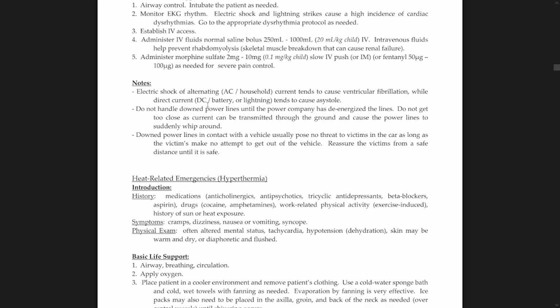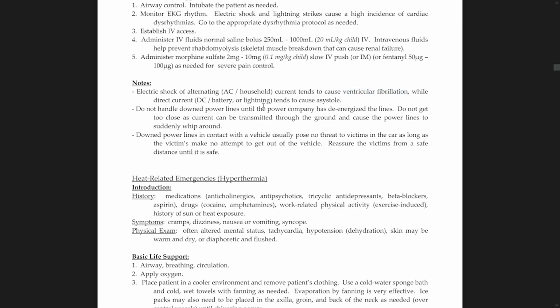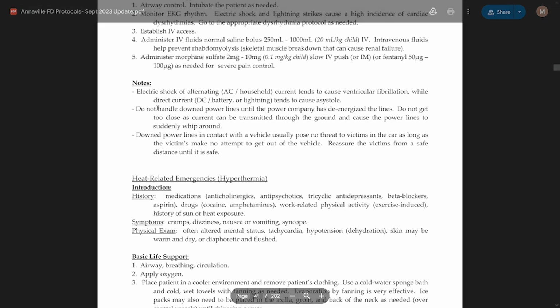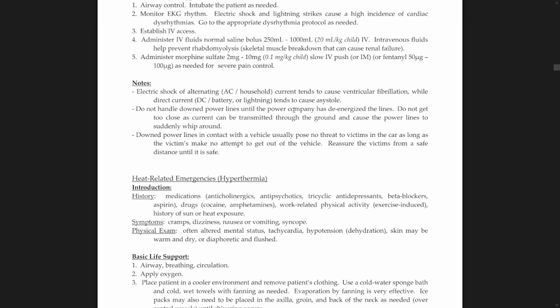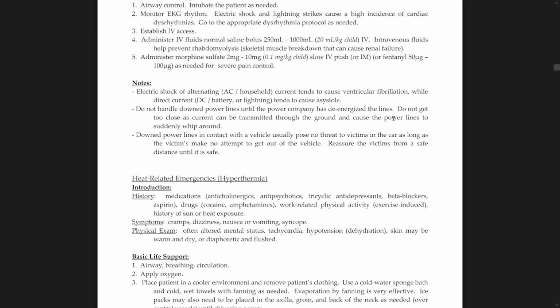Note, for an electric shock of an alternating AC or household current, they tend to cause ventricular fibrillation, while direct currents, such as a DC or a battery or lightning, tend to cause asystole, which we will talk about later. Do not handle down power lines until the power company has de-energized the lines. Do not get too close, as currents can be transmitted through the ground and cause the power lines to suddenly